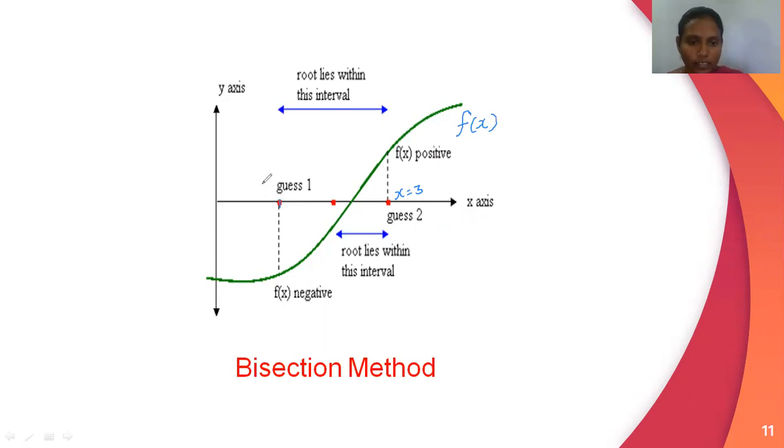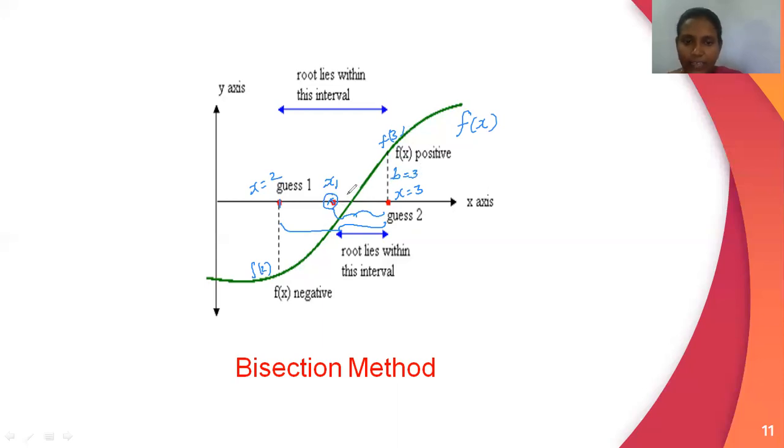This is the value x is equal to 2. So f of 2 we got it negative value here. This is the f of 2 functional value, we got it negative, and f of 3 is positive value. So that means the root lies between 2 and 3. Then by using the bisection formula, we take the average of 2 and 3 as the first approximation. We consider x1 the first approximation. Then the next step, we consider the root lies between x1 and b, so we get the required root between x1 and b value. Here b is 3.